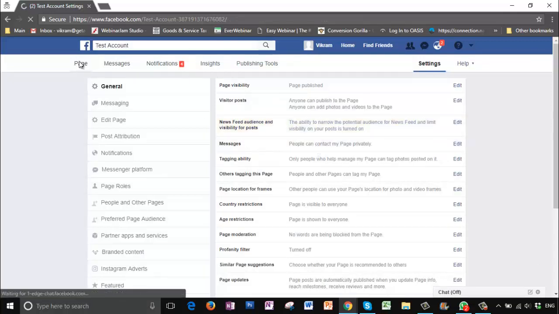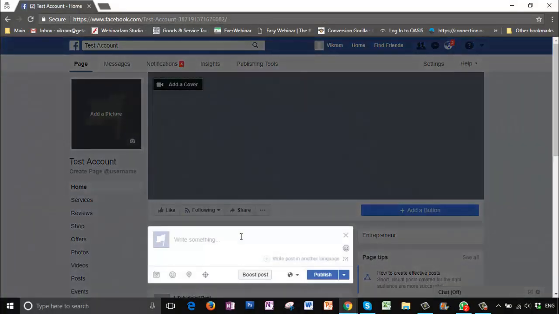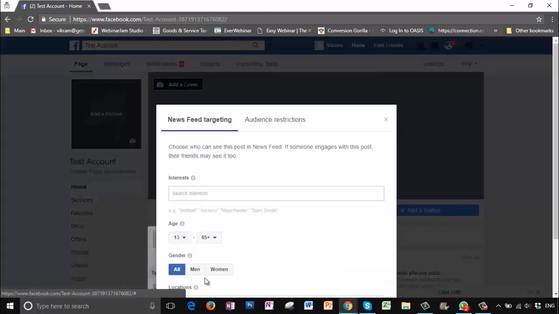So let's go back to our page and let's create a test post. So I'm going to do that. Test post. And you can see this little crosshair which has now appeared, and it will appear under every post you create now that you've clicked that little checkbox. And if I click it, I can define who sees my posts. Within my entire fan base, if I have a large fan base, I can define who sees it. So for example, if I want this post to be seen by only people who are interested in football, I would click interest football